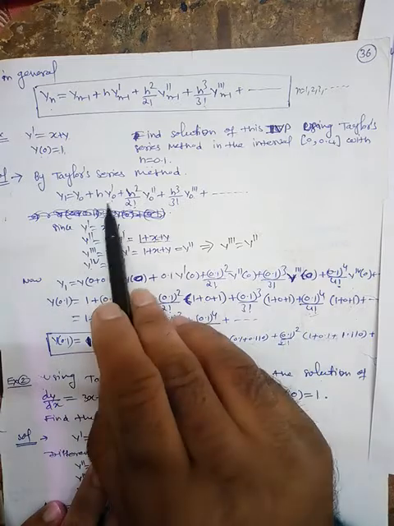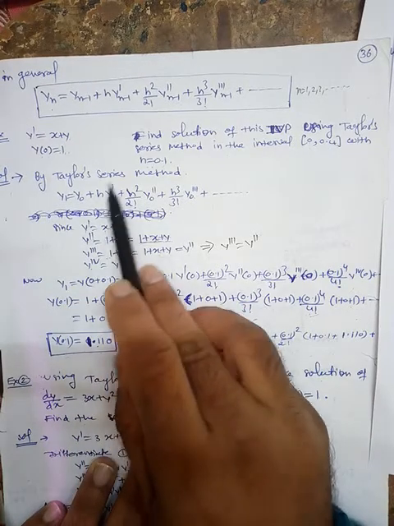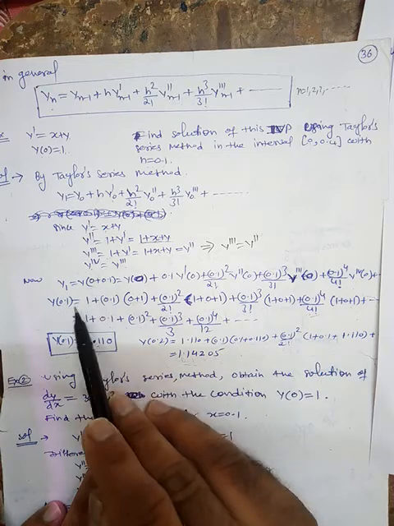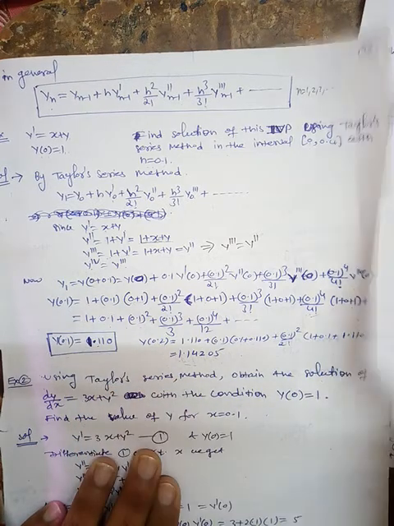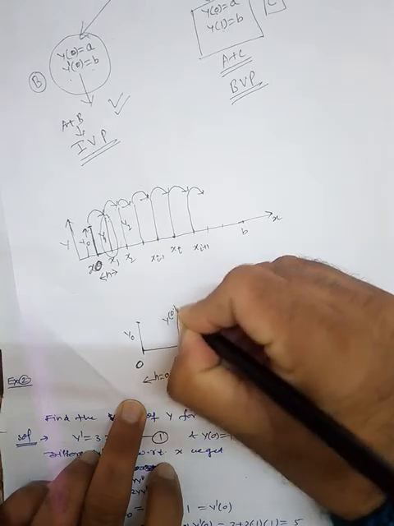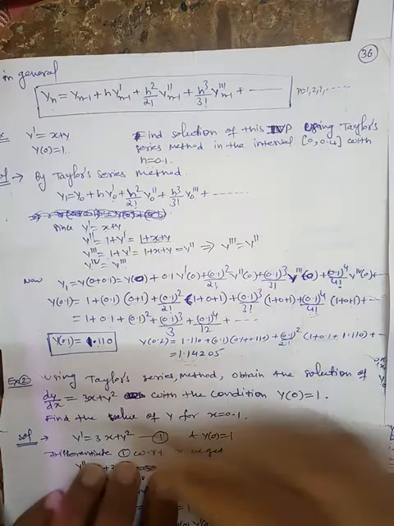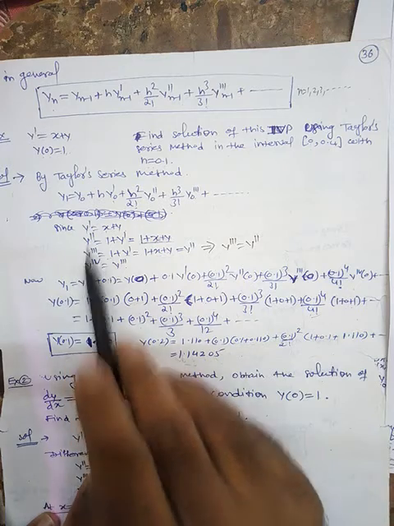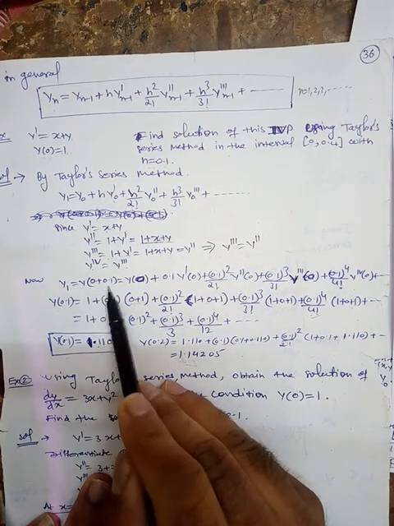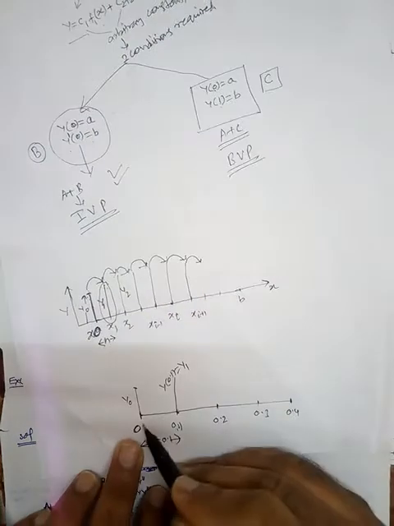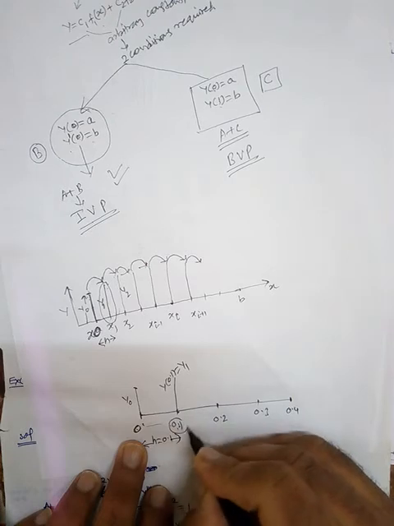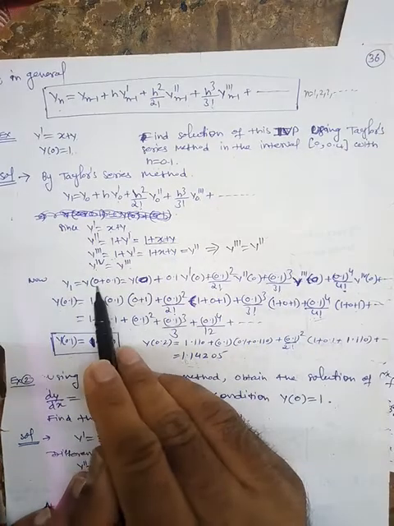Now your aim is to find out y1. So for this you need this, this and this. So y at 0.1 is basically nothing but y1. So this y1 is basically y at 0.1. 0.1 means the value at 0 plus 0.1. 0 is this x naught and h is this step size. So 0 plus this step size, after this you will get 0.1. So this is nothing but 0 plus 0.1.